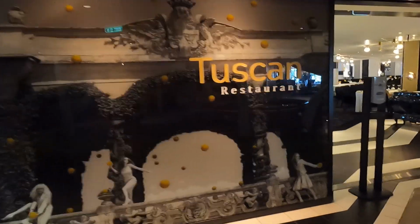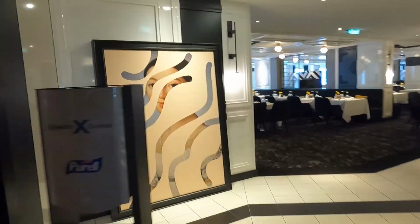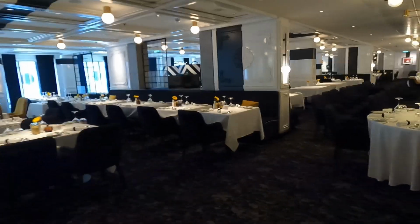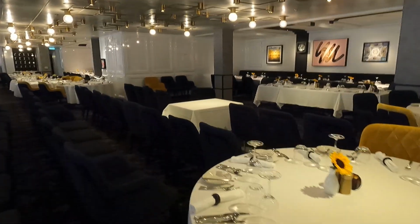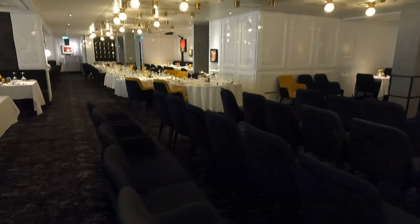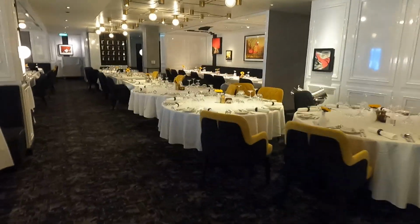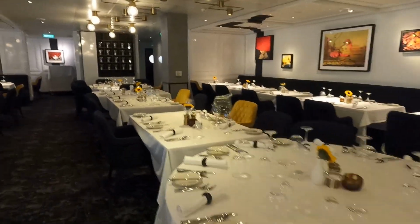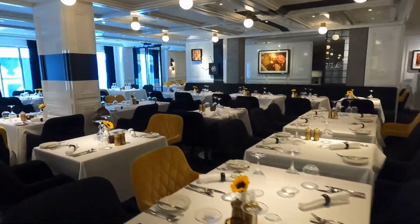The menus to me were spectacular. Each one has a theme of a different region of the world, and so the cuisine for that restaurant is mainly that, but then they do have some regular staples that they keep on the menu, just in case you're a picky eater or you have dietary restrictions, things like that. But each restaurant has its own special menu of regional items that you can get only at that restaurant,